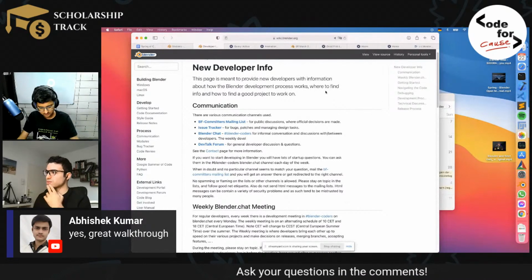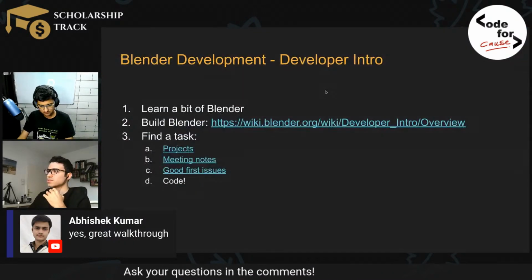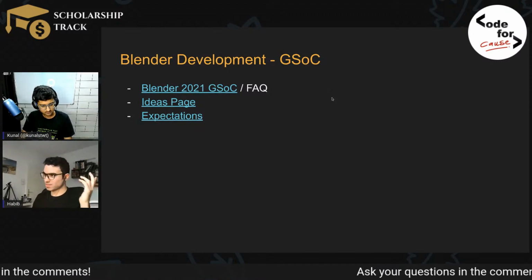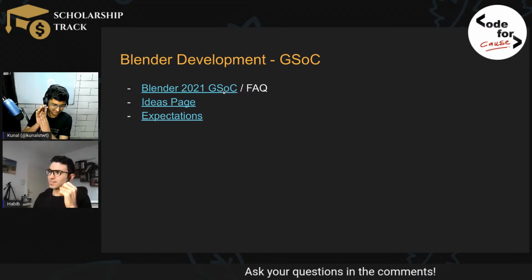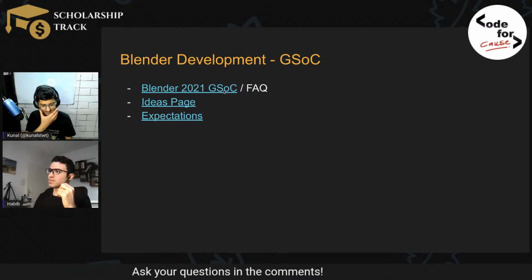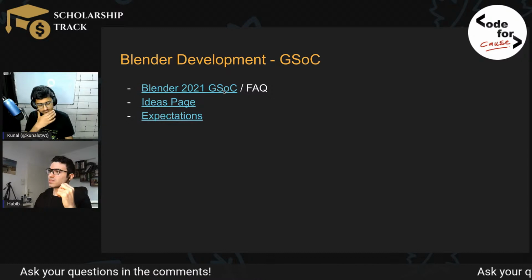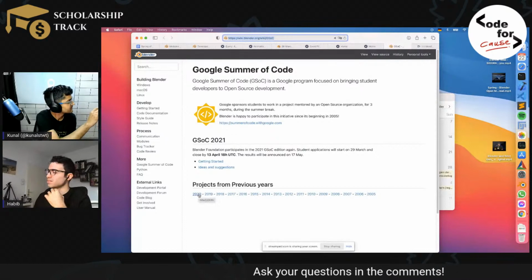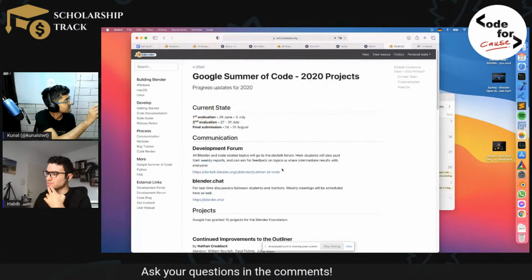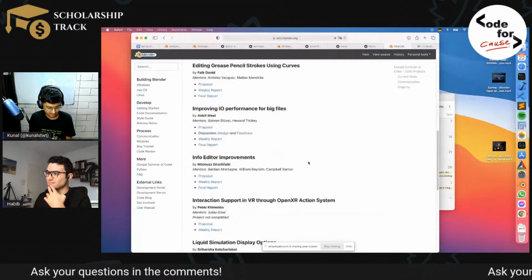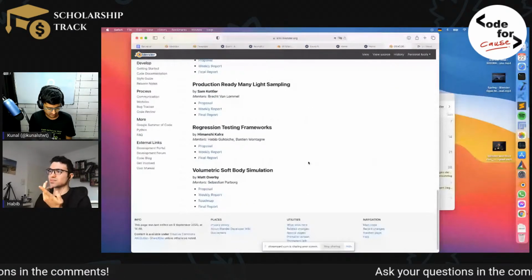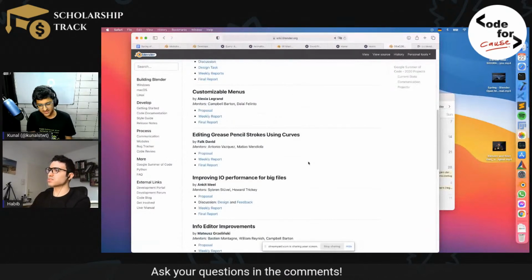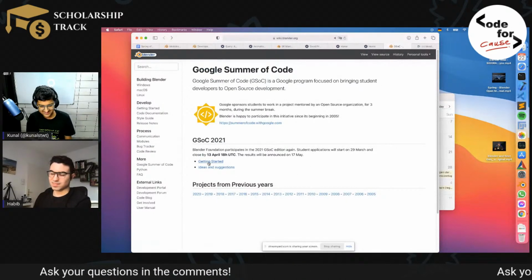Okay, so let's go to the next section, which is GSoC. The good news is Blender is participating in GSoC this year. We do have a lot of ideas that we think are good for GSoC. Blender has been growing and growing, and GSoC also has been growing. Last year, I believe we had, did we have 8 or how many? Or 10? Yes, so a lot of projects. This is from last year, and as you can see, there were a lot of slots, a lot of projects. 8 and 10 is a lot, yeah.